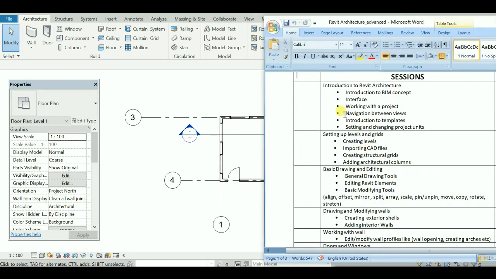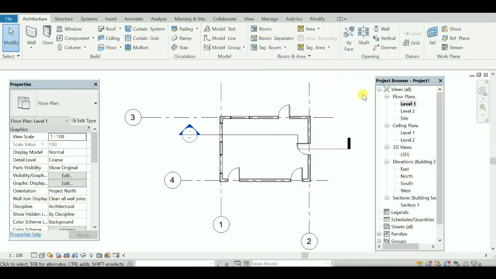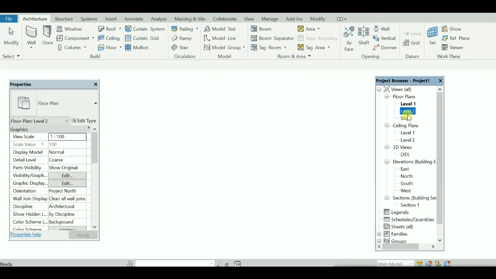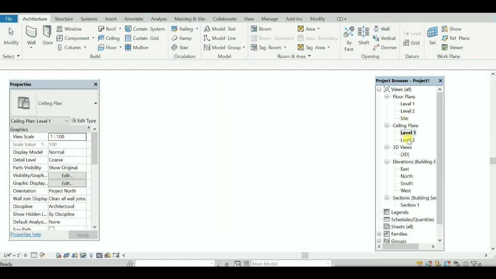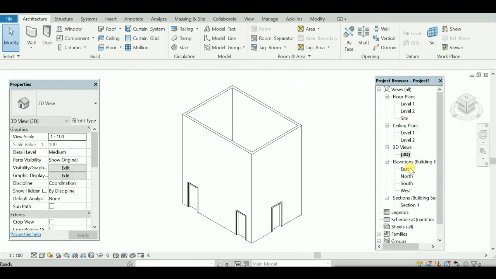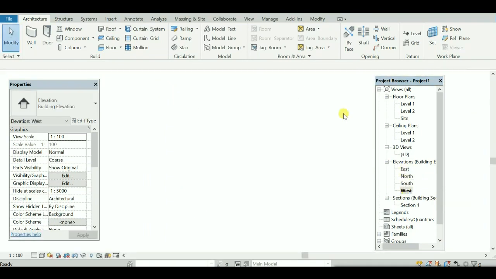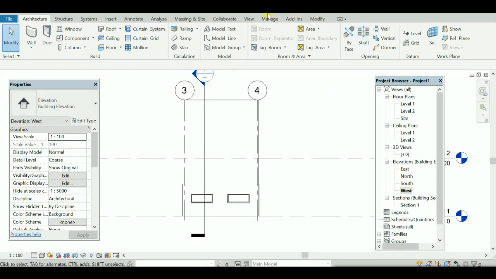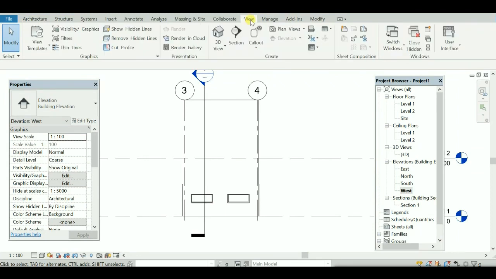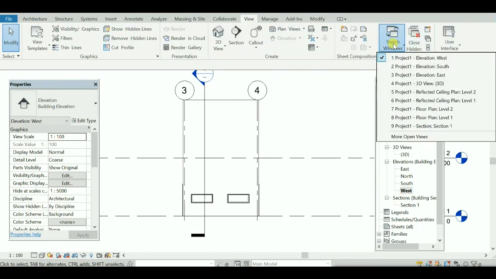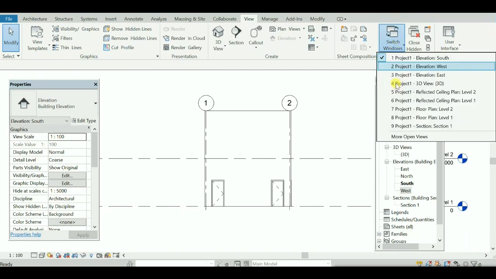Navigation between views. In the syllabus it was there, right? Navigation between different views. So we can directly jump from one view to the other from here. In any view you can jump from here, or even you can use this view folder or view tab. You can switch view from here.